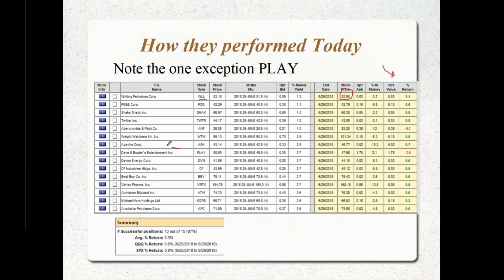And what is the big one? The big one here is Dave & Buster's dropping down to 47.98, so it's a loss of 1.75. Okay, so something happened there, but 13 out of the 15 were profitable, 87%. The average return was around 0.3. That could have been taken into account because of this extra 3% loss, but you saw some of the returns, 0.5, 0.6% yield for an out-of-the-money put for 4 days. That's pretty good. Okay, it's a pretty decent range. But we see an 87% level of success, and the average from the last slide, with all the probabilities accounted for, was probably in that 82% range, so we're right on par.